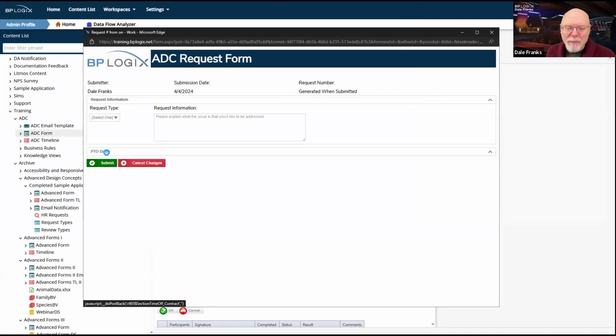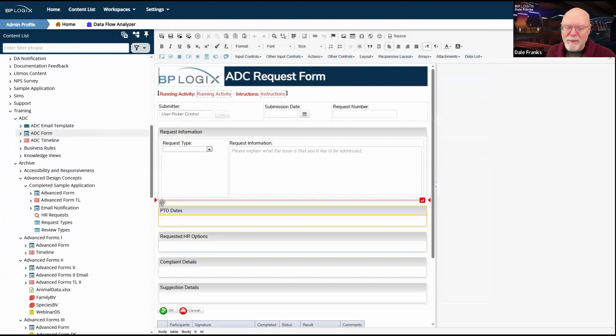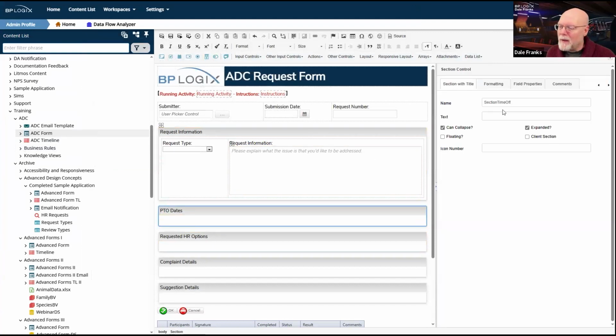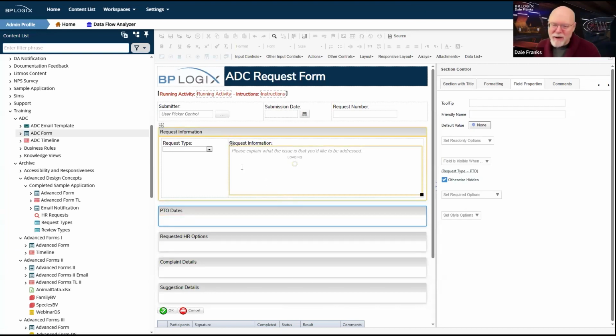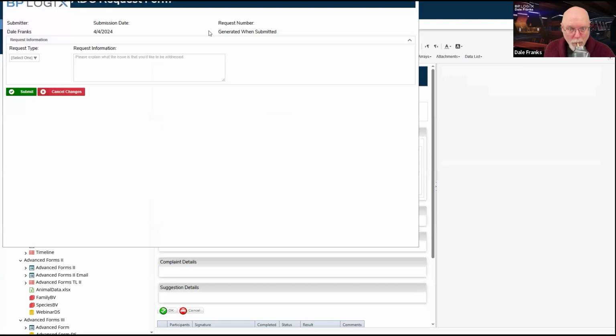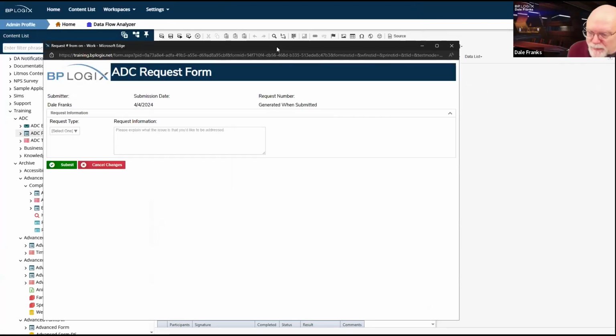I've still got PTO dates showing. Why is that? Field properties. Otherwise hidden. Why is that turning off? This is really becoming quite tedious, which, I think quite tedious is usually a very good explanation for testing visibility and enabling scenarios like this. It does tend to be a little tedious setting this up. That's what I'm expecting to see, though.